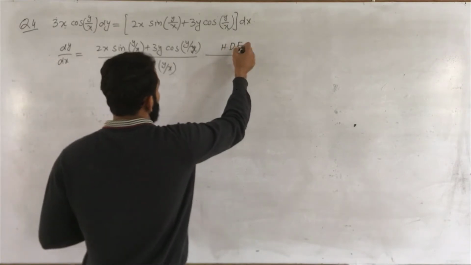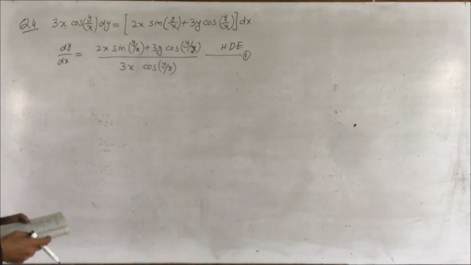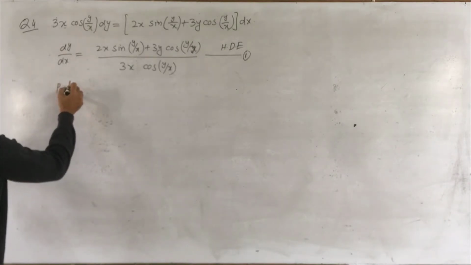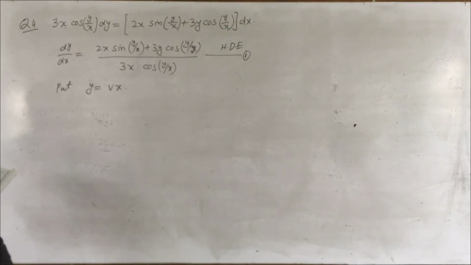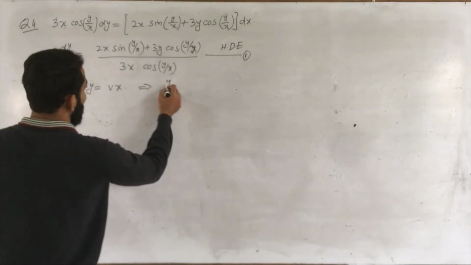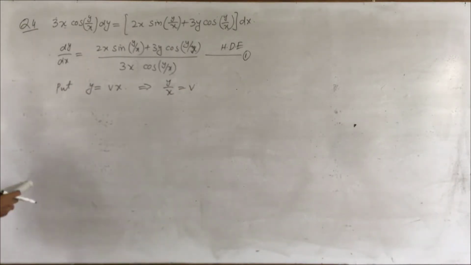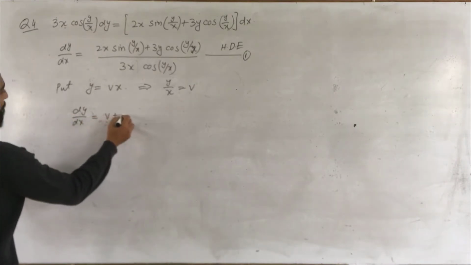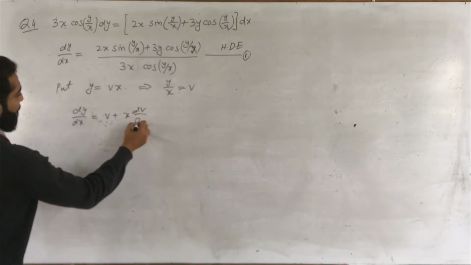You can easily check whether it is a homogeneous differential equation or not. Now put y is equal to Vx. From here we can get the value of y over x, which is V. Also, in the place of dy over dx we will put V plus x dv over dx,